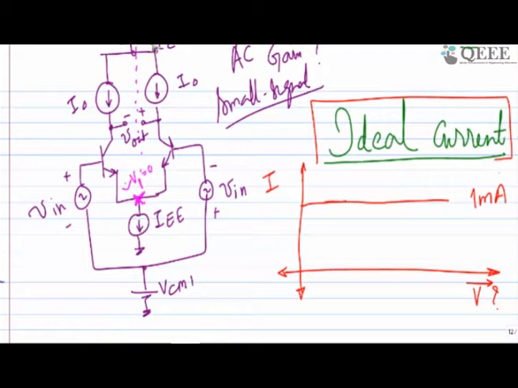If the ideal current is that one, and I find the slope is equal to 0, and by the way, how much is the slope? It's delta I by delta V, which is y2 minus y1 divided by x2 minus x1. So this is going to give me slope equal to 0, and delta I by delta V will give me the resistance, or delta resistance, which you are going to see from the ideal current source.